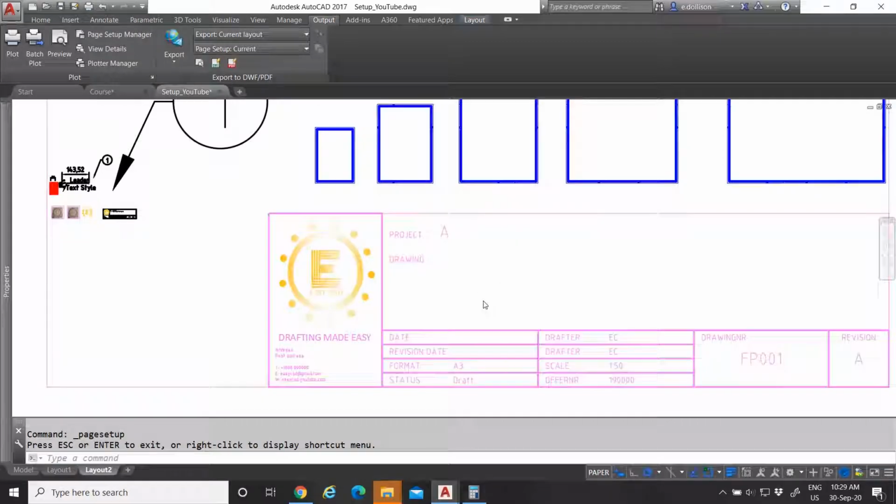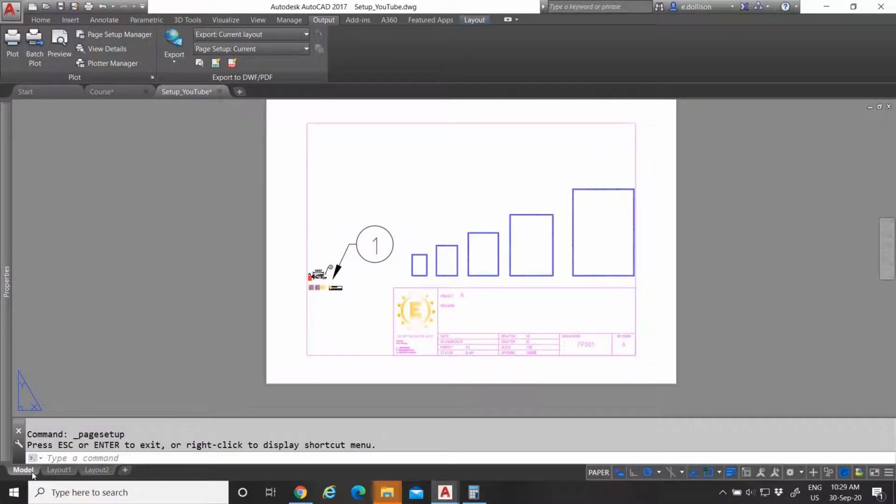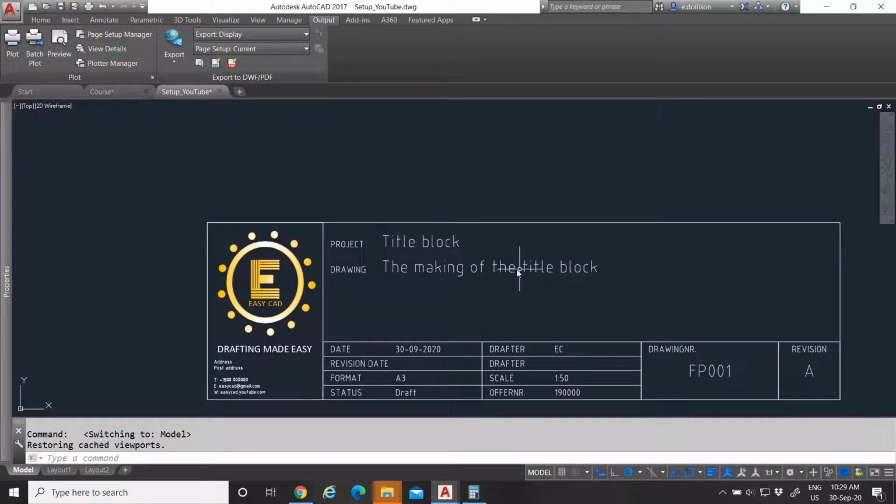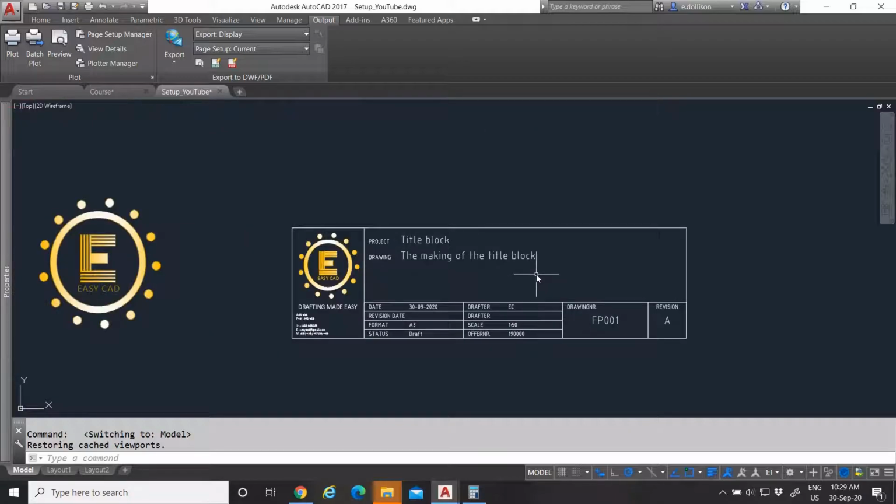So that was it for now, guys. That was our title block tutorial. In my next tutorial, I think we will just go into making our template, which is the end of our basic tutorial